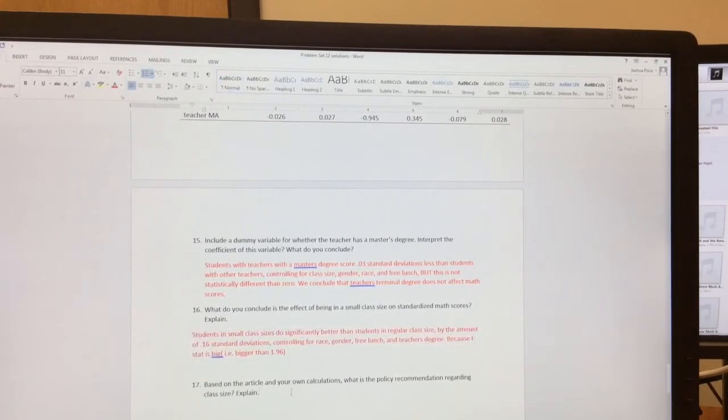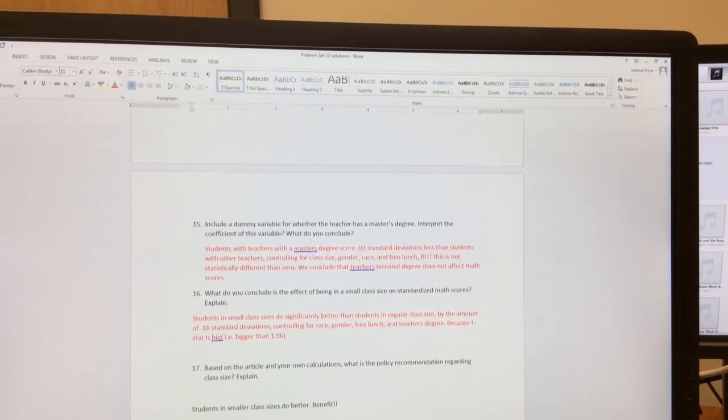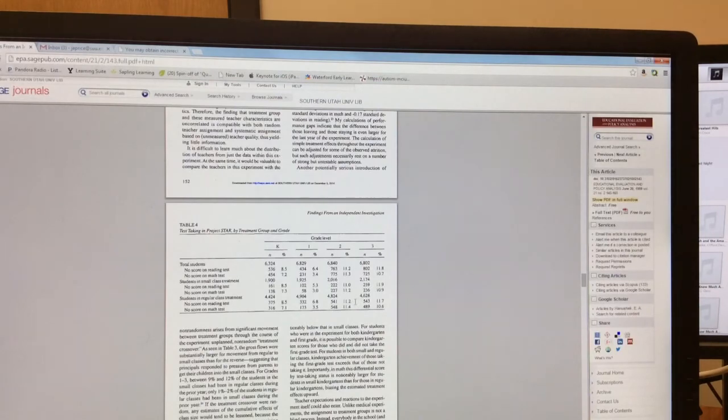And now lastly, based on the article and your own calculations, what is the policy recommendation regarding class size? So students in smaller class sizes do better. Simply put, this is the benefits. There's a good benefit to this, but we need to be cautious. We don't know the costs. Sad story, we're talking about significant reductions in class sizes. I don't remember the exact number from the article, but it was something to the effect,